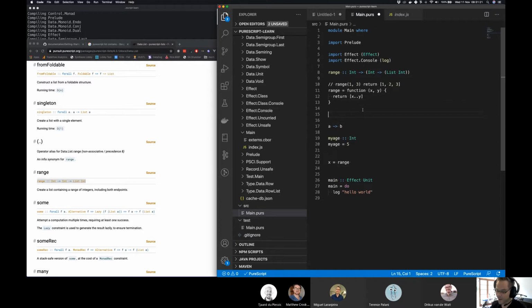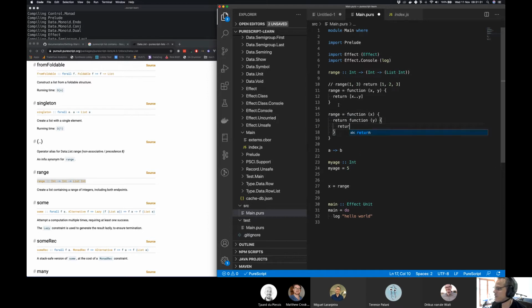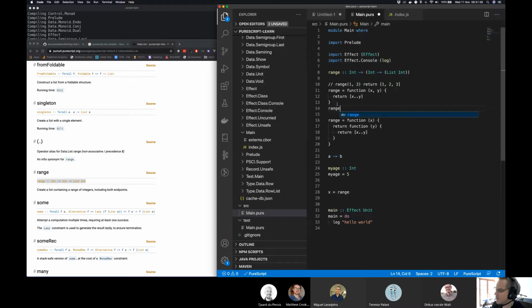There's another way of defining this, the more functional way, which would be range equals function that given an x, we would return a function that given a y would return the x dot y. This would also be totally valid, right? So the way we would call the top one, we would say range 1, 2. The way we would call the bottom one would be range 1.